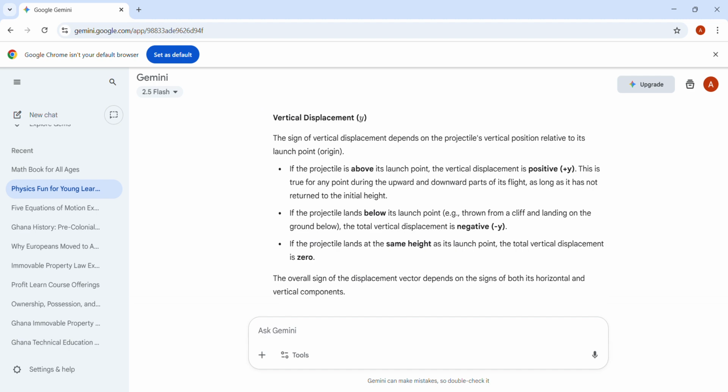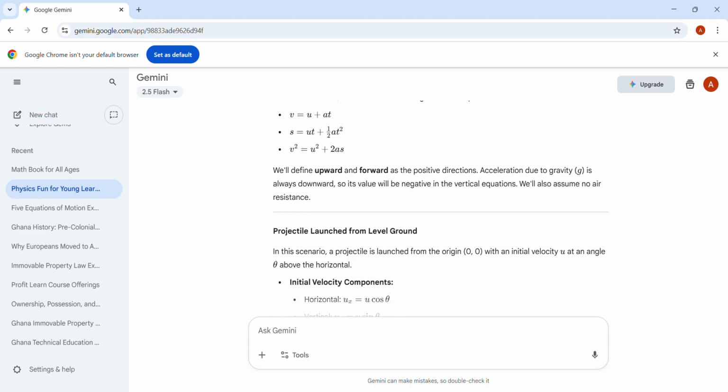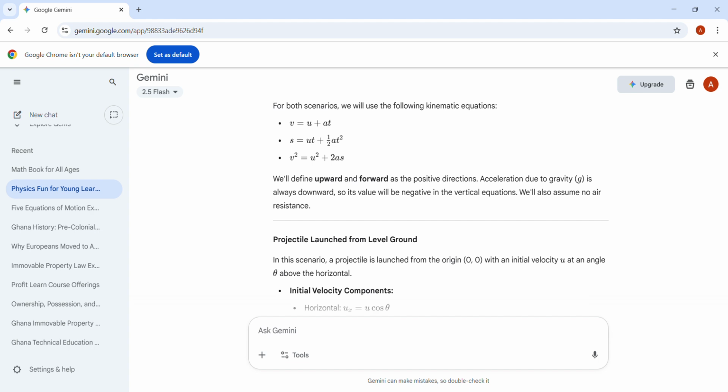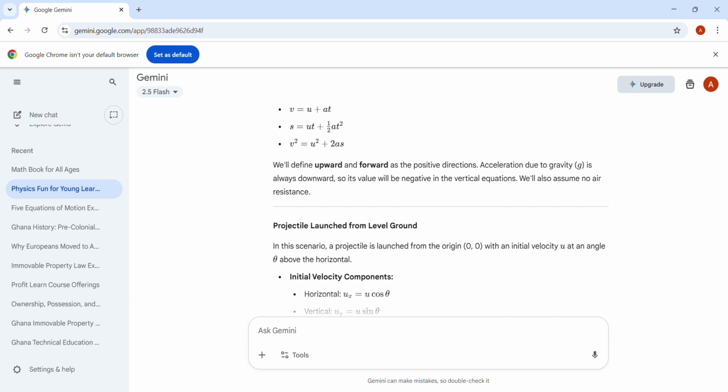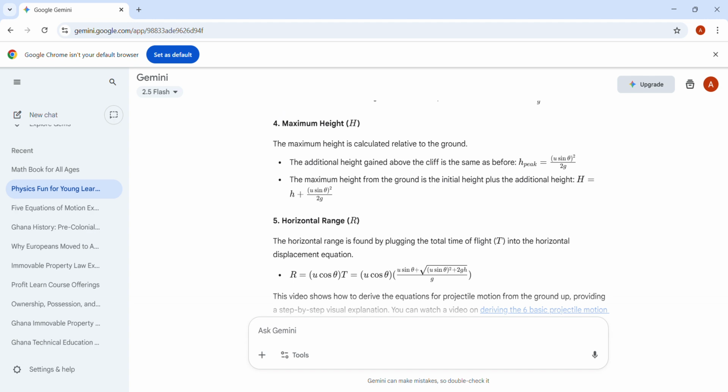So for the projectile, the same 4 equations that we have for linear, you use that for the projectile. Okay, so for projectile, we have the initial velocity. If it is thrown at an angle, it will have its vertical component, and then have its horizontal component. The horizontal will not have any acceleration unless we say there's air resistance, and then the vertical will go against